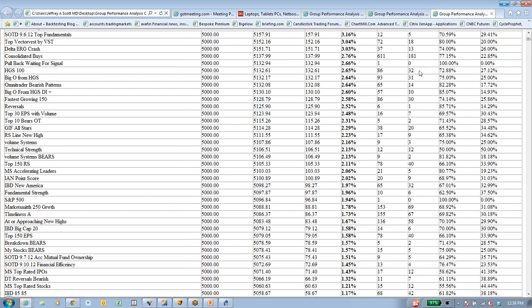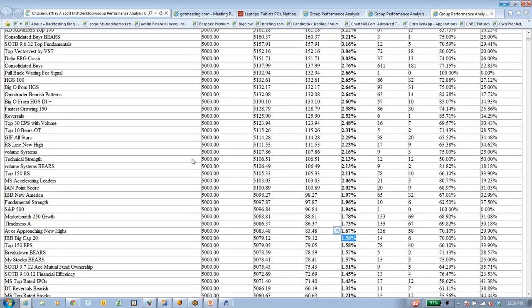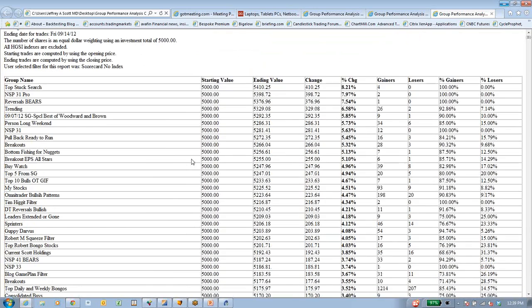In this case, it was about 120 stocks, up 2.65%. Since it's much larger than the IBD 50, it usually reflects to me a broader reflection on the market, and the IBD 50 is more tied to a specific segment. The big cap 20, also an IBD list, was up 1.58, actually relatively underperforming. So what was performing? I go up to the top.